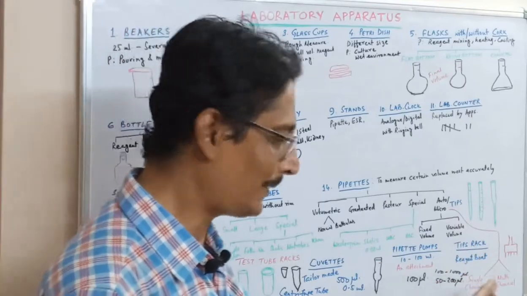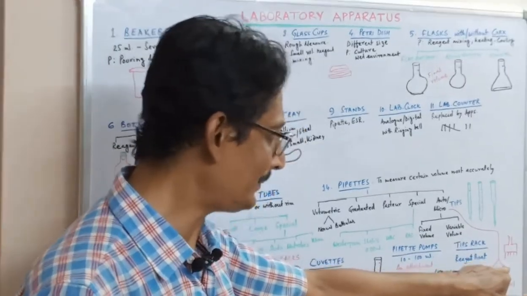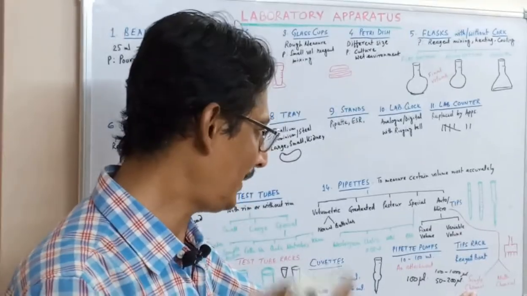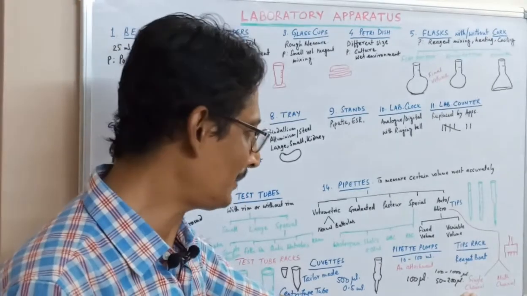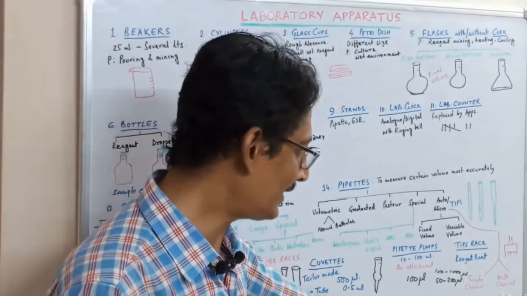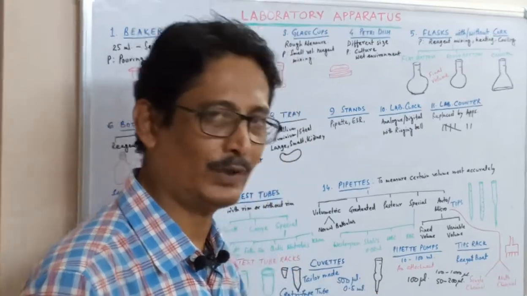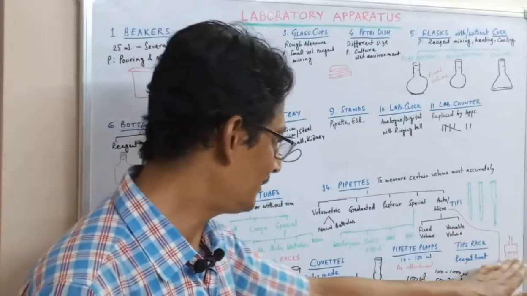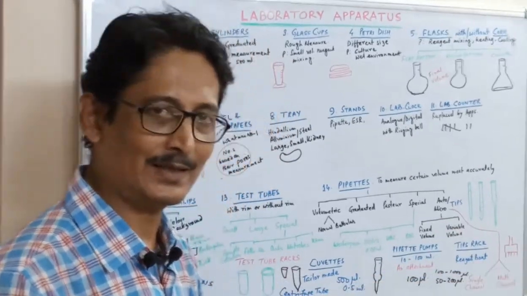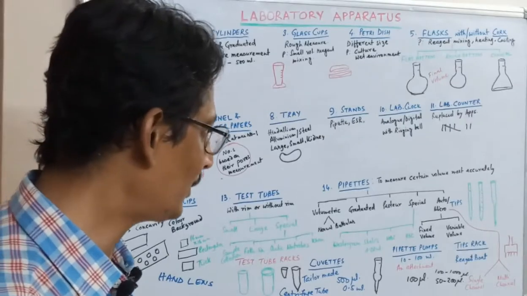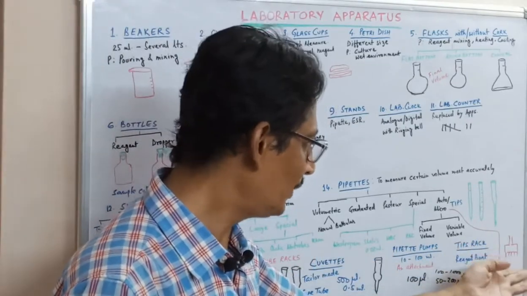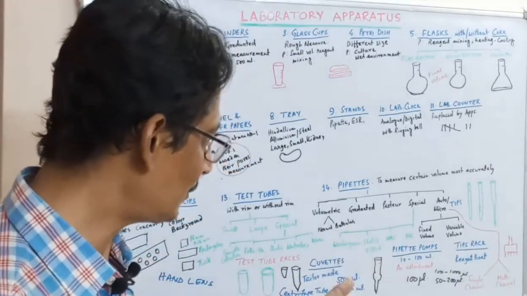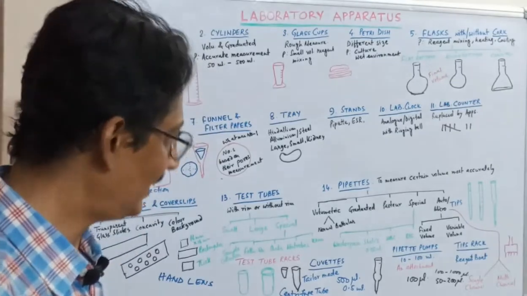But in the multi-channel, if you set 200 microliter on a single channel, you can pick up only 200 microliter in that single channel. In the multi-channel, the channels may be up to 8 or 12, and this is mainly used in ELISA tests. So in the multi-channel pipette, if you adjust it to 200 microliter, you can pick up fluid in all 8 channels at a time. All 8 channels will pick up 200 microliter each.